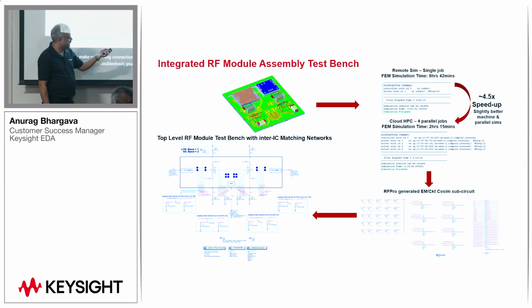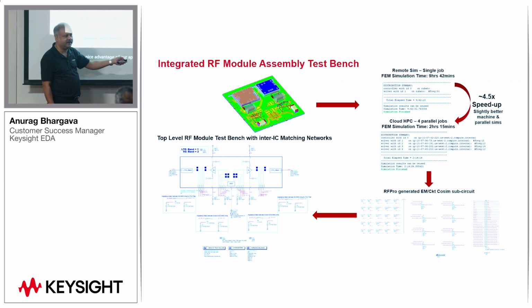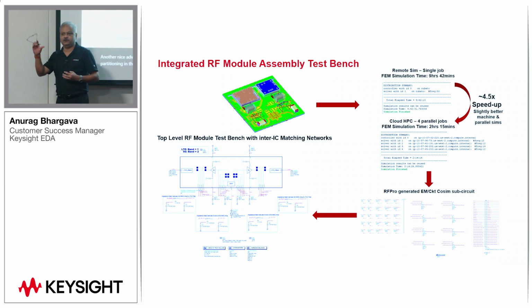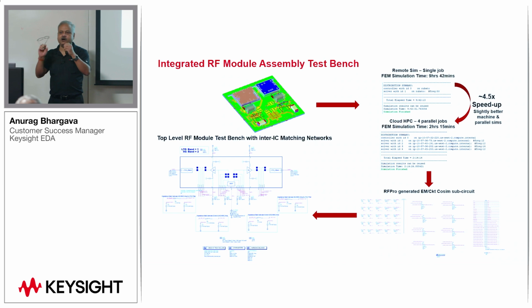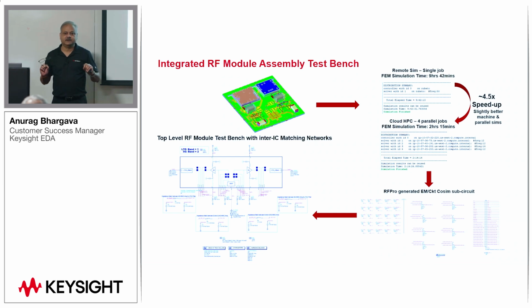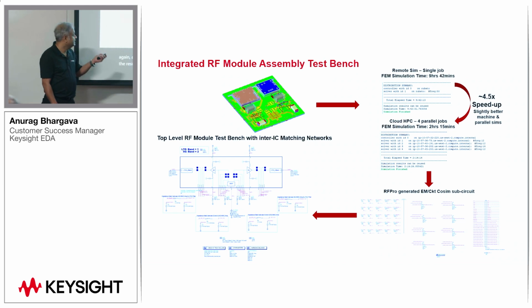Another nice advantage of RFPro, when you do such things, you are doing the entire partitioning in the tool. The tool keeps track of this connectivity. So when you create a schematic, it auto-populates your EM block, your circuit blocks, and the connections in between. So again, as a user, you have zero chance of error. As long as your layout database was perfect, the resulting schematic will come out perfect. You don't need to spend any time. And then you have this module ready. You go ahead and run